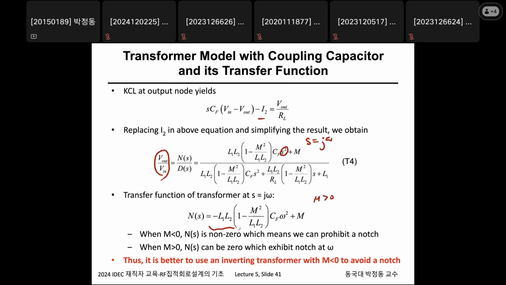This is definitely a negative value because of the minus. If M is larger than 0, positive minus positive plus negative, or positive minus positive value, can be